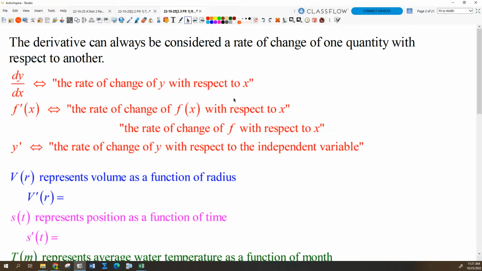The derivative is defined as a rate of change of one quantity with respect to another. It always means